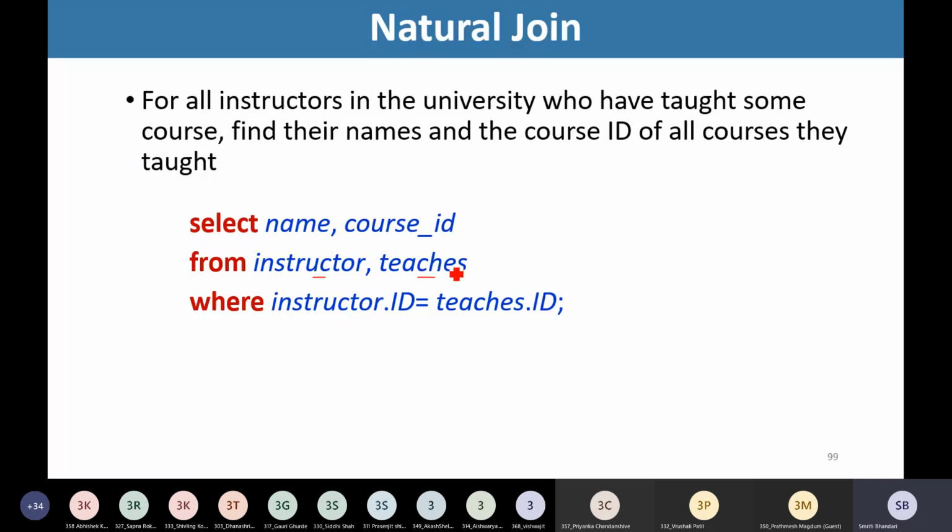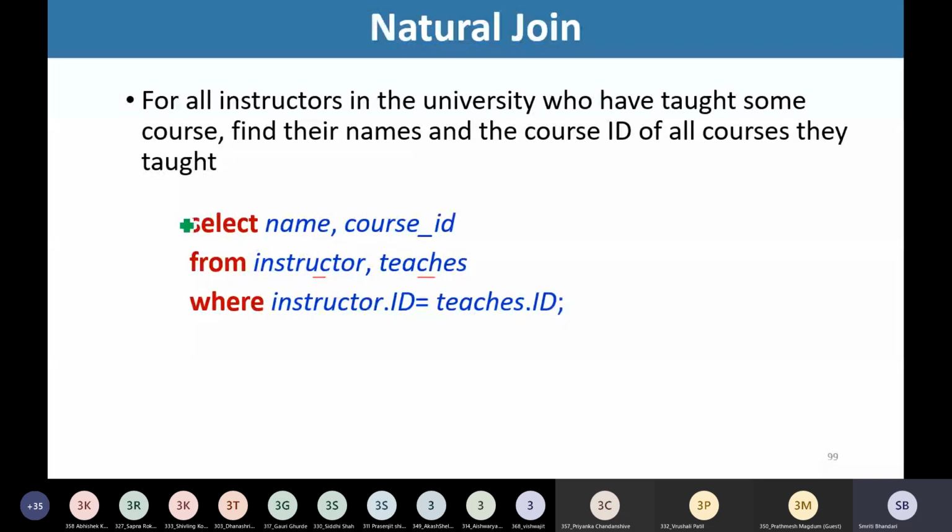But the name of the instructor is not available in the teachers table, and that is why we need to make use of these two tables, instructor and teachers. So we wrote: select name, course ID from instructor, teachers where instructor ID is equal to teachers ID.